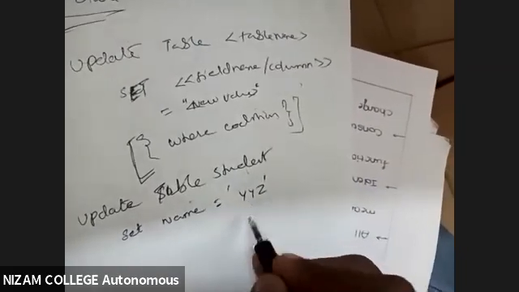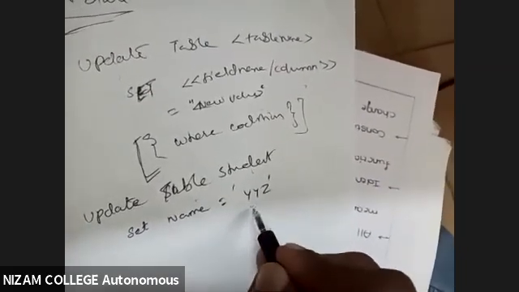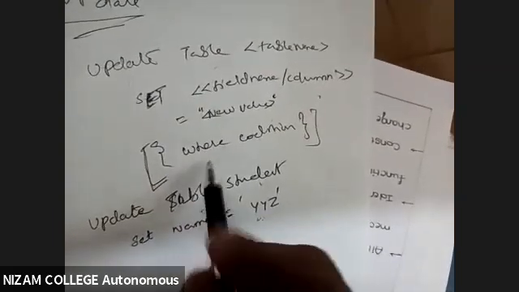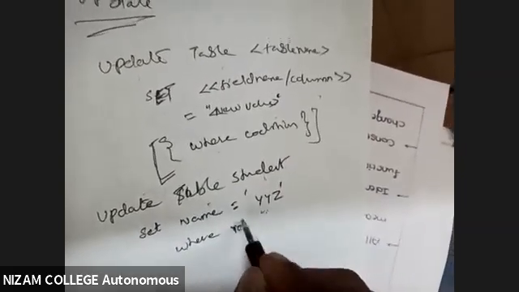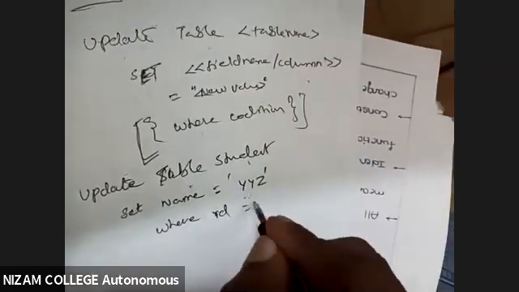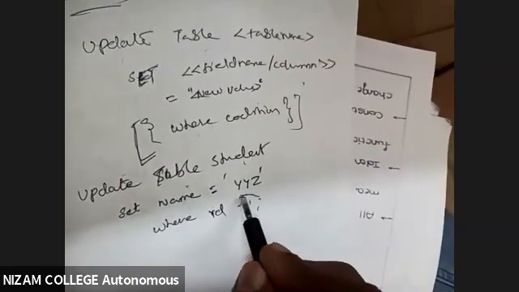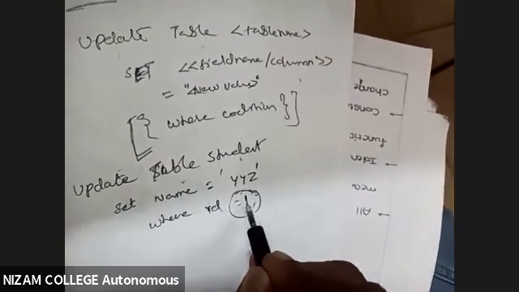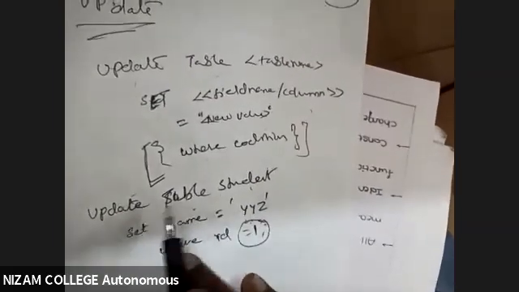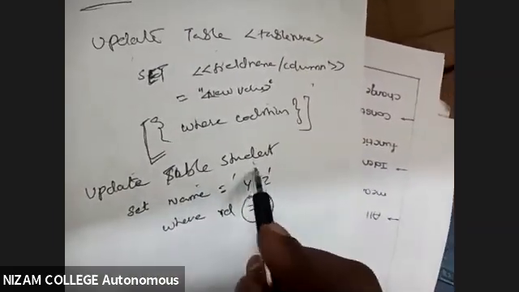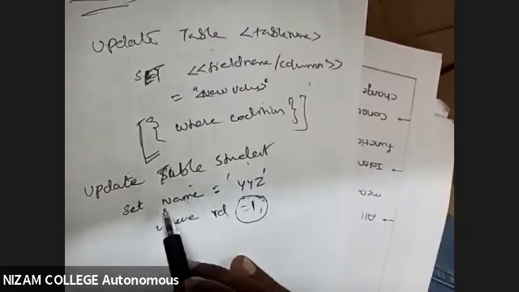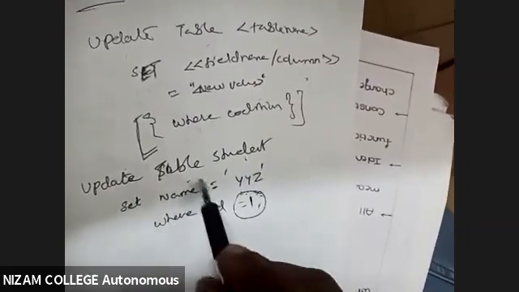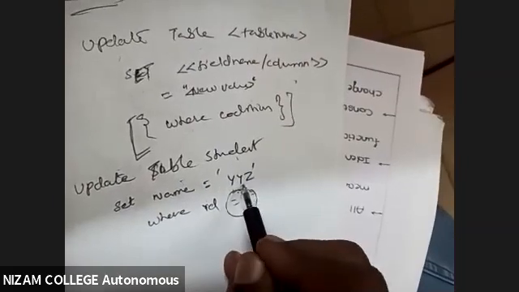Is this name for all or for one person? This name is only for one person. Then I have to use the criteria, saying where roll number, or I'll say ID, because in this case the column name is ID. So I have to say ID is equal to 1. So for the one person with roll number 1, or ID 1, his name will be changed like this. So how am I writing? Update table student set. What am I setting? That particular value which you want to change. To whomever you want to change, you just write that particular column name followed by the new value.